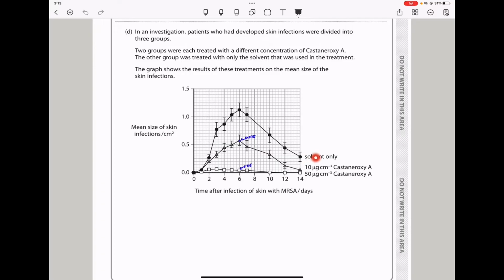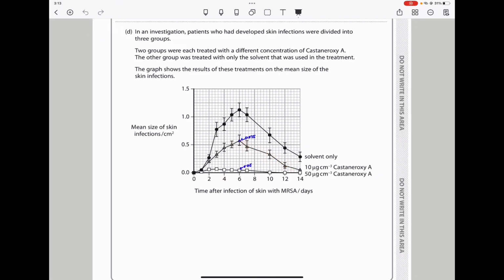So we can see with solvent only, the mean size of skin infections increases, and then decreases, but the maximum is reached on day 6, and it has a very high mean size. When we see these 2 concentrations of Castaneroxy A, the higher concentration has a lower mean size of skin infections in comparison to the one that is 10 microgram per centimeter cubed, meaning the higher concentration of Castaneroxy A is more effective